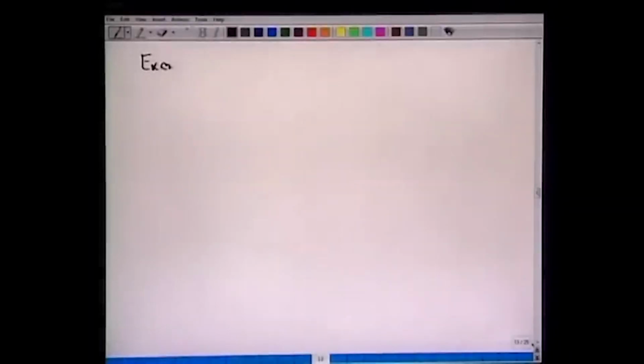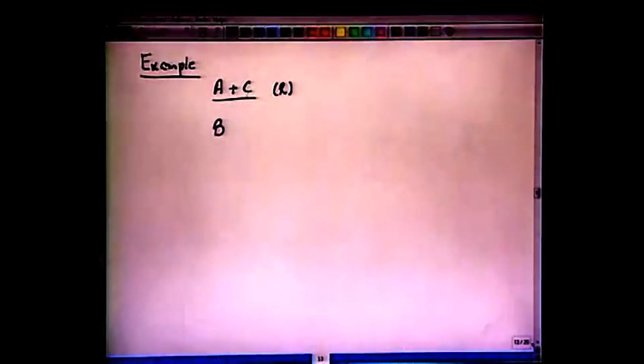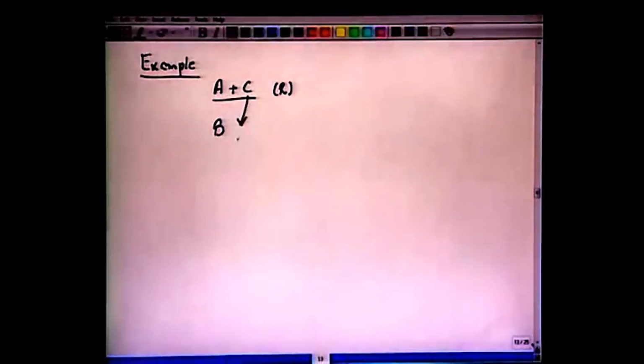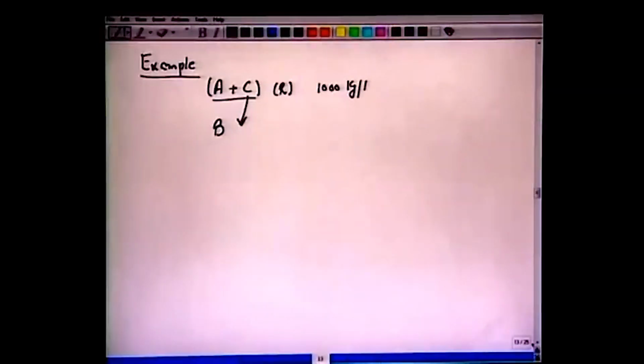Again we will focus on binary components. So, let us say we have a fluid mixture, a mixture of A plus C, okay, and we call this R phase, raffinate phase, and we have a solvent, we call it B, and we want to remove this component C from this A plus C. Let us put some flow rate here. So, the flow rate is 1000 kg per hour, okay, and it contains 15% of C,